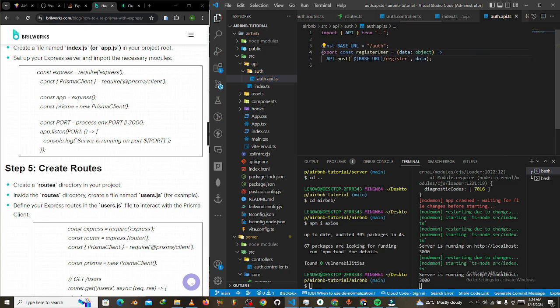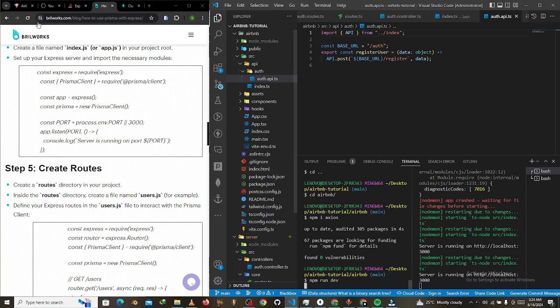Okay, so now that we've been able to set this up inside our front end, well, this API is not being taken from the right spot, right? So let's take it from the index.ts. Alright, so what we'll do is we just run npm run dev